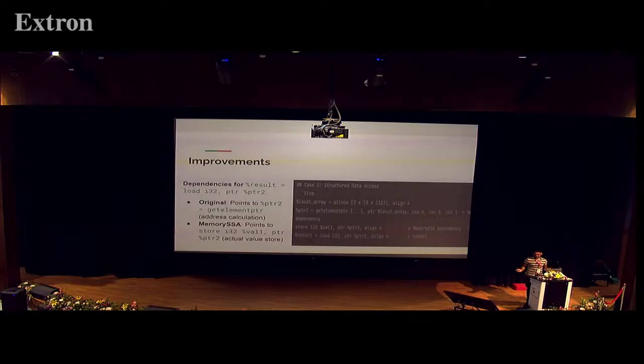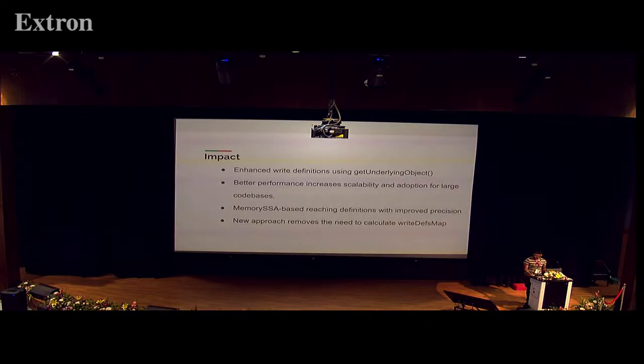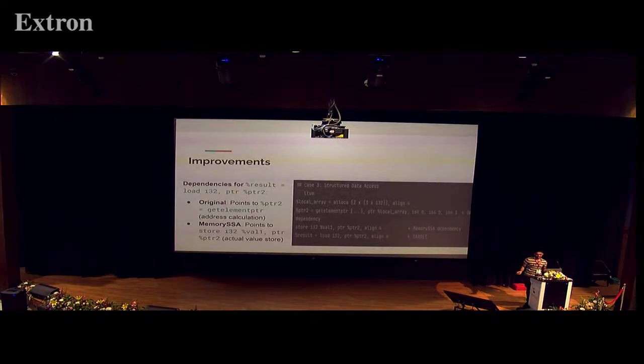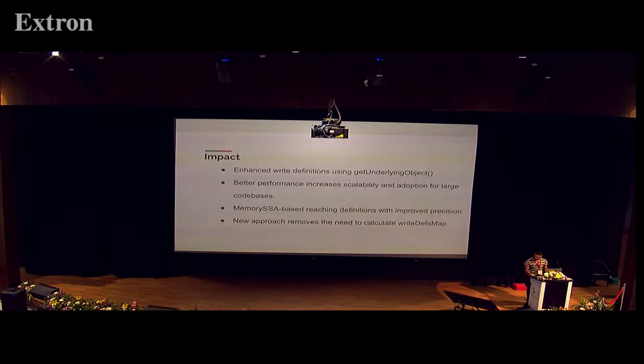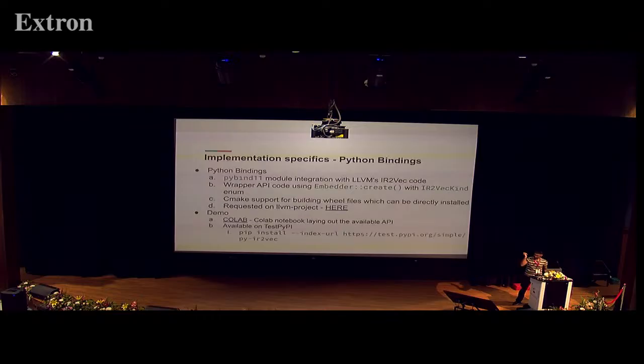One thing to notice here is that in this entire approach with the memory SSA, there was no need to collect the RightDevs map anymore. That's gone. So the speedup we got initially, even that, the whole process is simplified now. The impact here is two parts. One is that there is a performance improvement. Second, we have gotten better definitions. This can help the community a lot, and of course, needless to say, the code becomes a lot more maintainable now. It's just one call to the memory SSA API, which itself is battle-hardened upstream work.